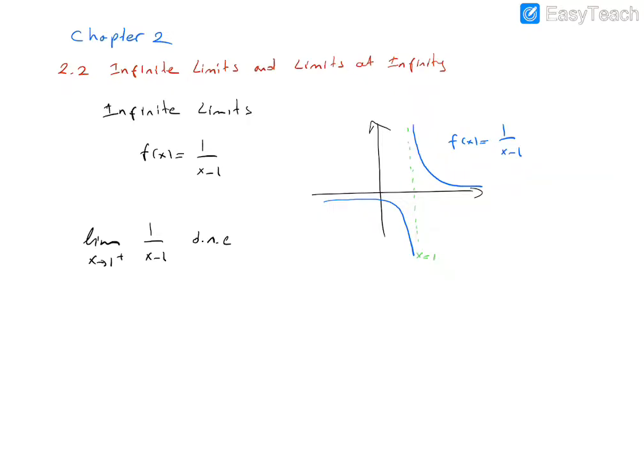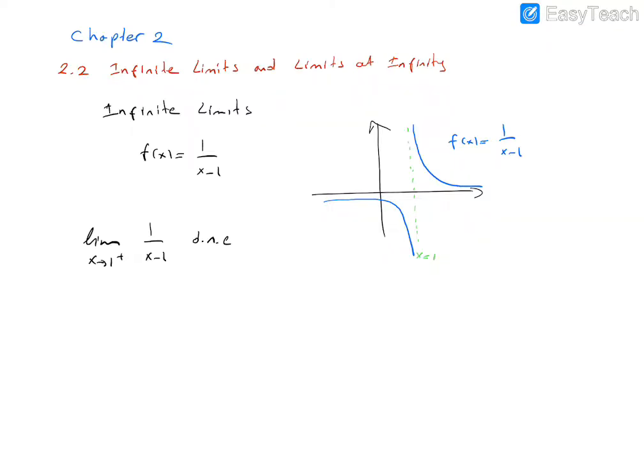There does not exist a real number L that the value of f of x approaches when x approaches 1 from the right. Instead, as x approaches 1 from the right, the values of f of x are positive and become larger and larger. That means f of x increases without bound. By calculating some values of the function, you can observe this situation.